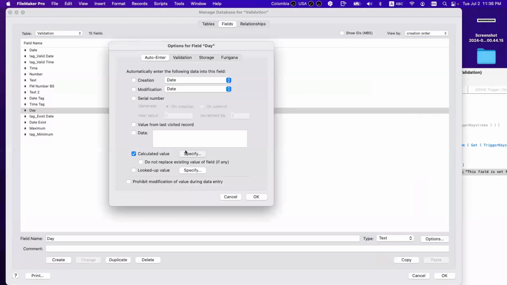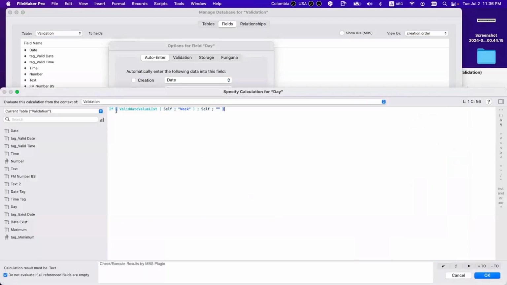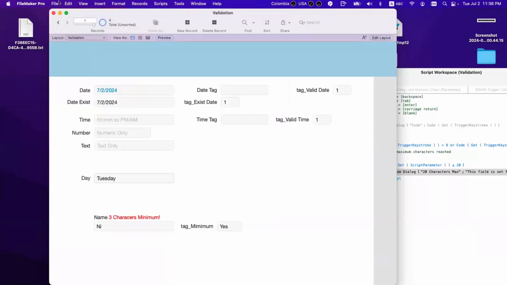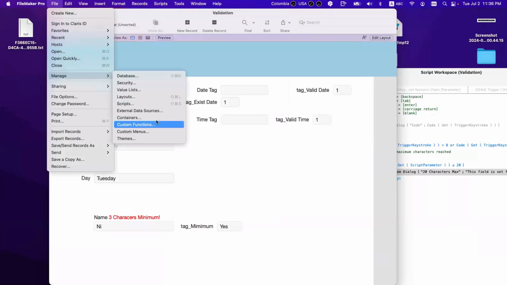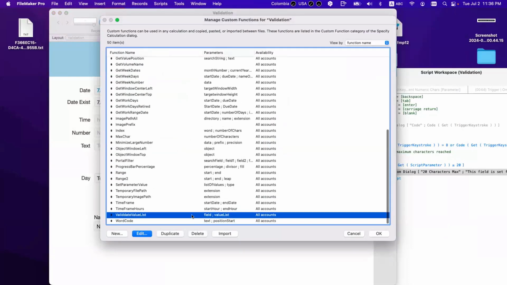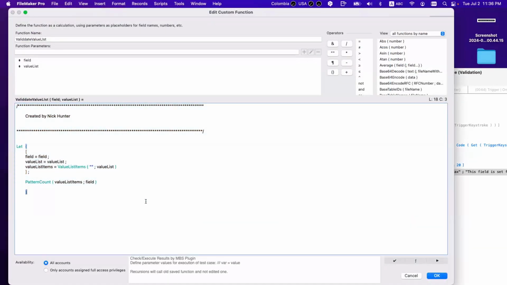We have this validate value list. This is a nice custom function of mine. It's simple. I'm taking the content of the value list, and then I'm checking if whatever is in the field is part of that list.